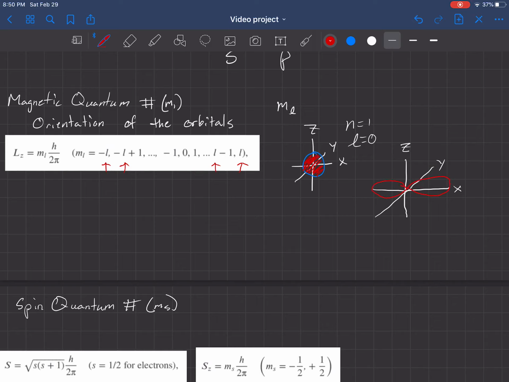Because you have those different orientations, it's good to have a quantum number that tells you where that is, and that's m_L. Now, looking over here at this equation, there's m_L right there, and then this L_z, which is basically the z coordinate